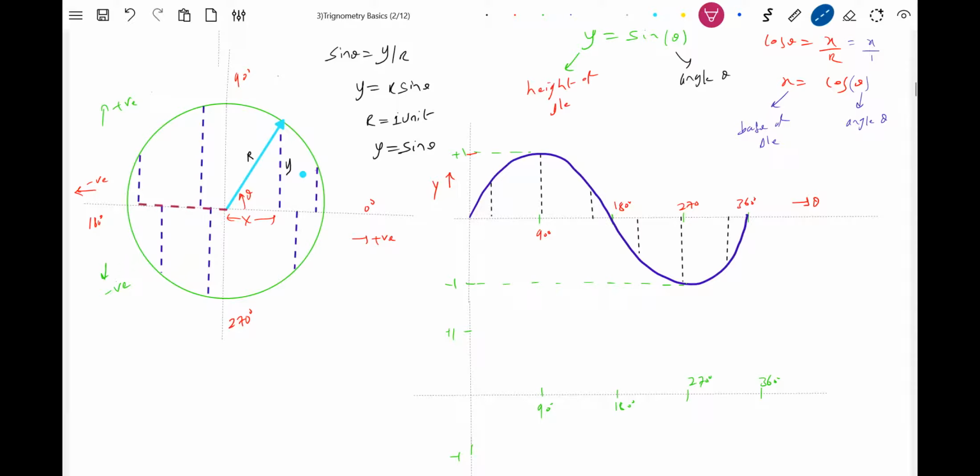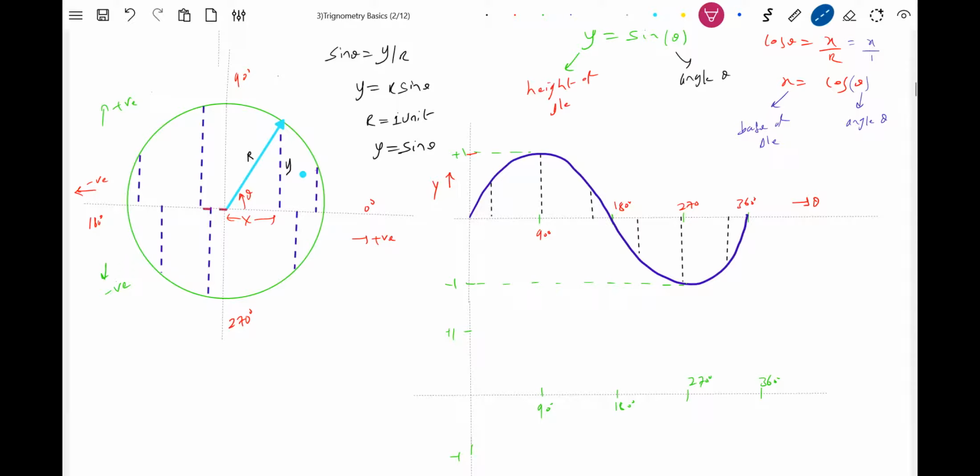So first what will happen, it will be the highest value, equal to r. Then as it starts rotating, the value of x decreases. I'm showing the increasing and decreasing length of the line. When the blue color arrow is along the x-axis, the length of x will become equal to r. So as it starts rotating, the value of x decreases. Now it is having a certain value. Finally when theta is 90, the length of that x will become 0.